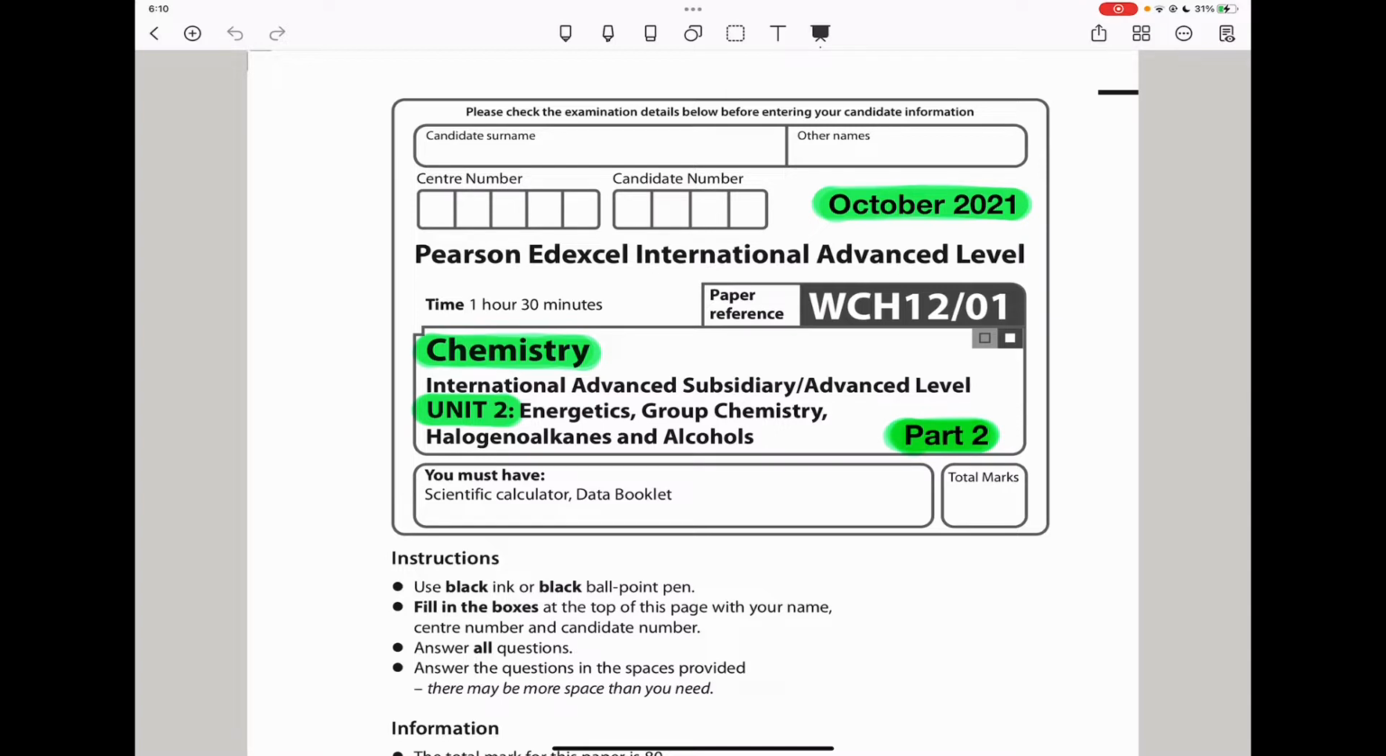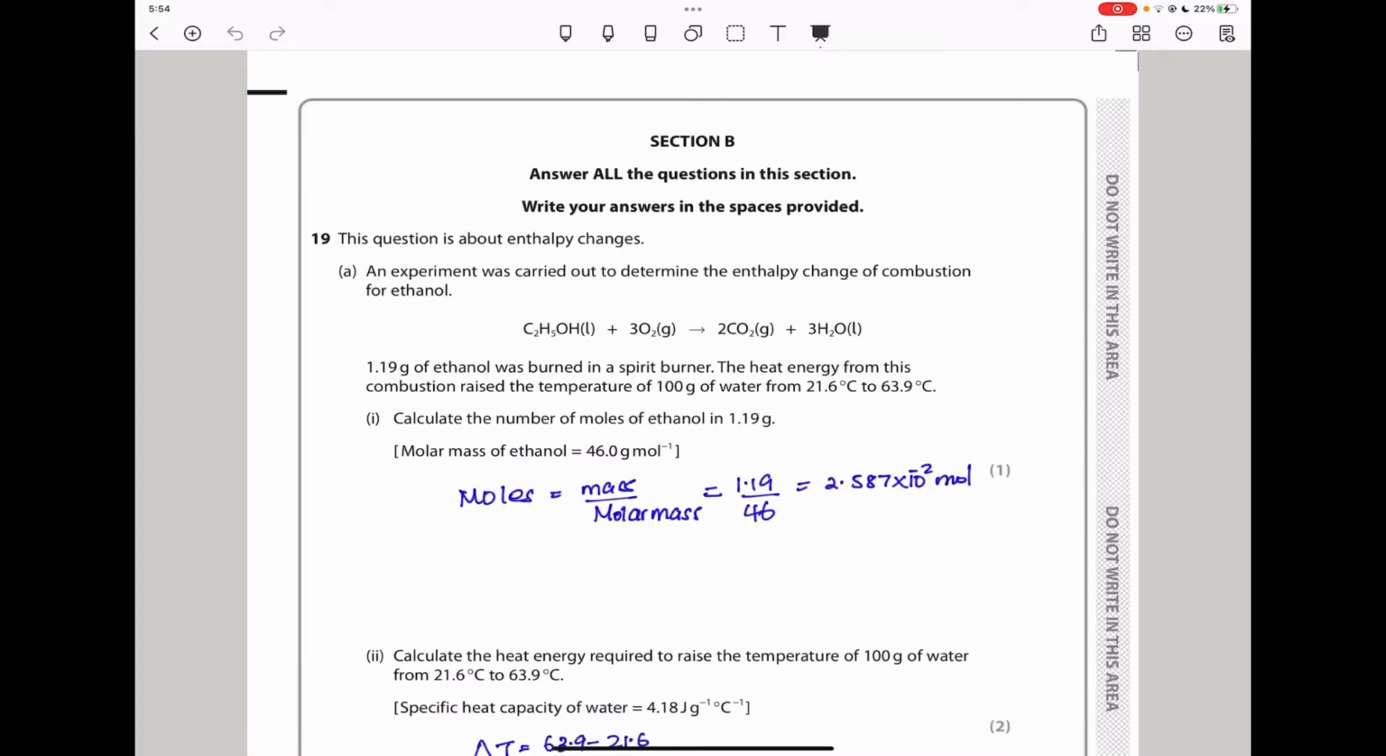Let us begin with the first question of Section B. Section B, question 19, it says, this question is about enthalpy changes. An experiment was carried out to determine the enthalpy change of combustion for ethanol. This is the equation they've given us here, and they say 1.1 gram of ethanol was burned in a spirit burner. The heat energy from this combustion raised the temperature of 100 grams of water from 21.6 to 63.9 degrees